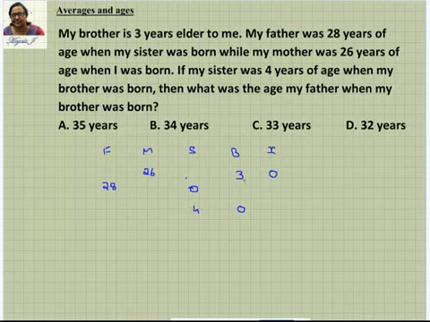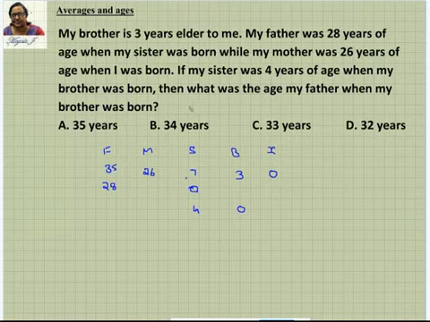So we can just say that after 3 years, that is when the brother is 3 years old, sister will be 7 years old. And also it is given that when sister was born, father was 28. So after 7 years, it's going to be 35. You can take the other way also. The difference of sister and father is 28. So when she was 7 years old, father will be 7 plus 28. That is 35. So we just got this one.